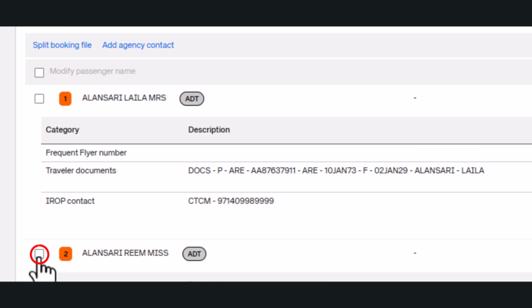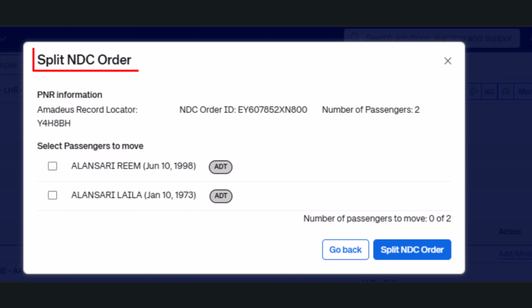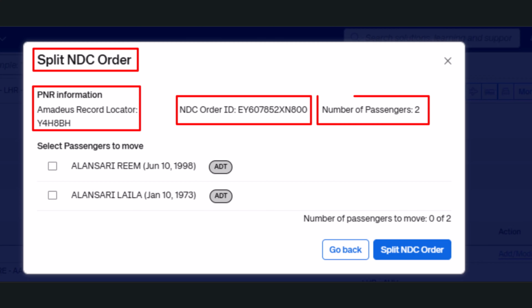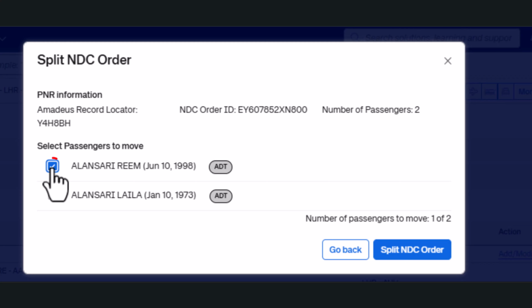To separate Miss Reem Alansari from the original booking file, select Passenger 2 and click the Split Booking File Hyperlink. A Split NDC order form will pop up, displaying the Amadeus PNR, the NDC order ID, and the number of passengers. Select the passenger you wish to move from the existing order and click the Split NDC Order button to